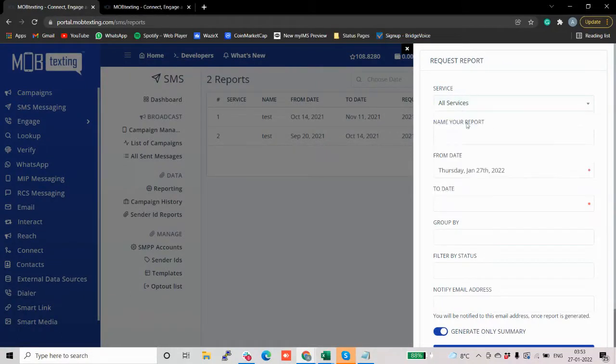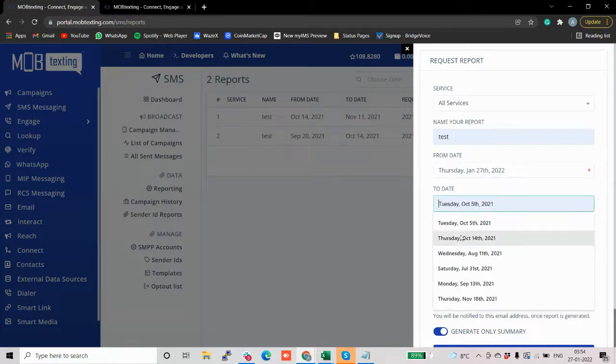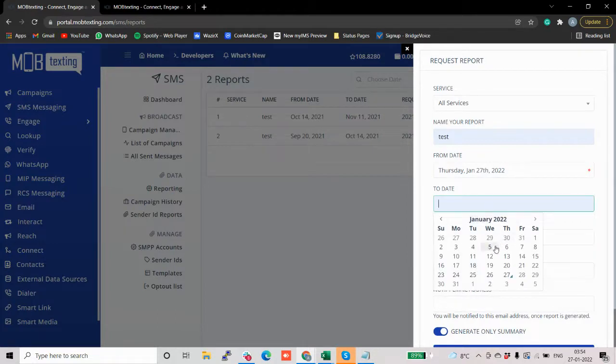By default, all the services are selected. I'll just, for future reference, give the name as test. A disclaimer here that only last 90 days data will be available for download. If you want to download the data previous to 90 days, that won't be possible because we only store the data for the last 90 days in our servers. So if I give a random date here,